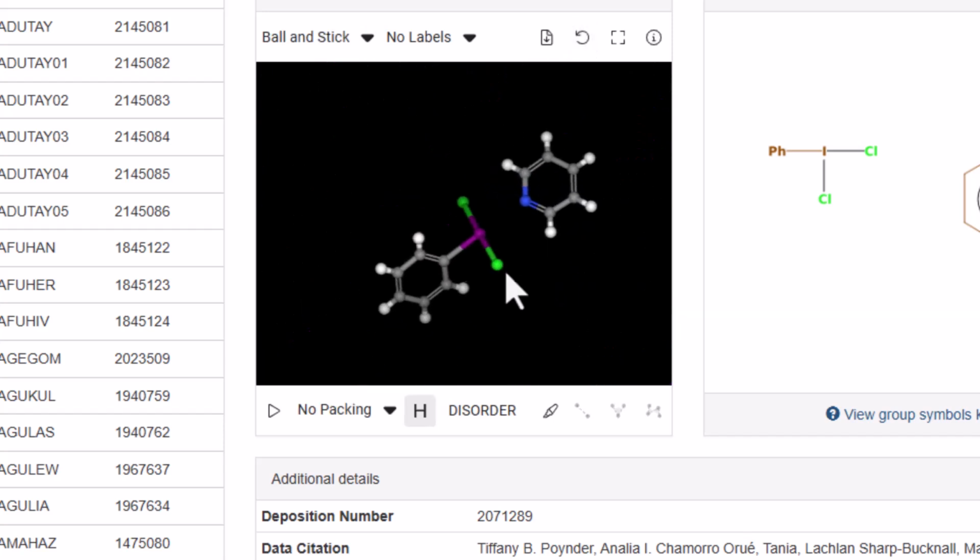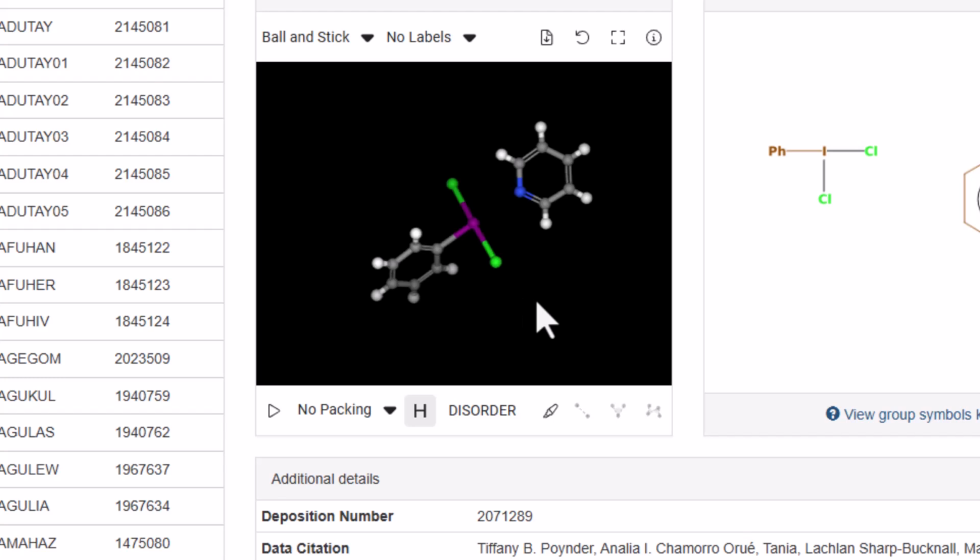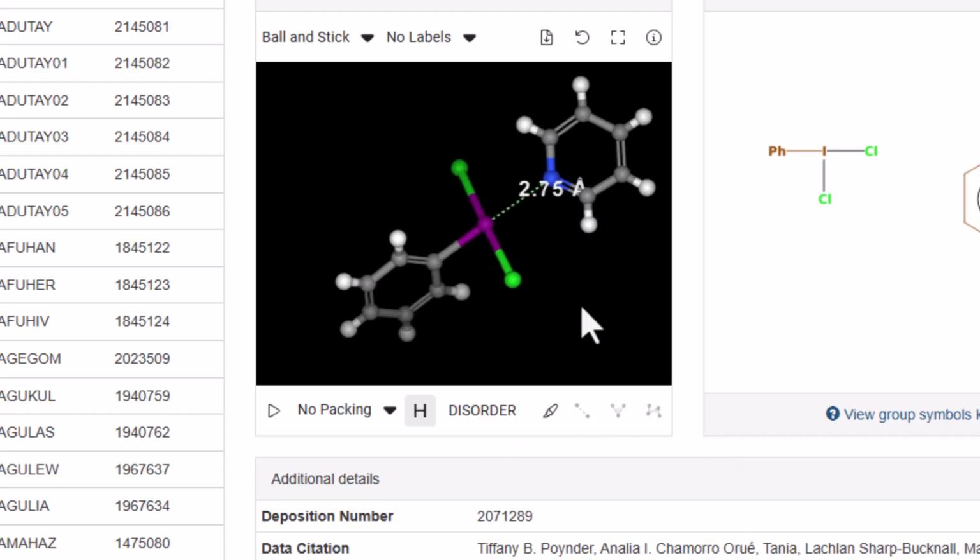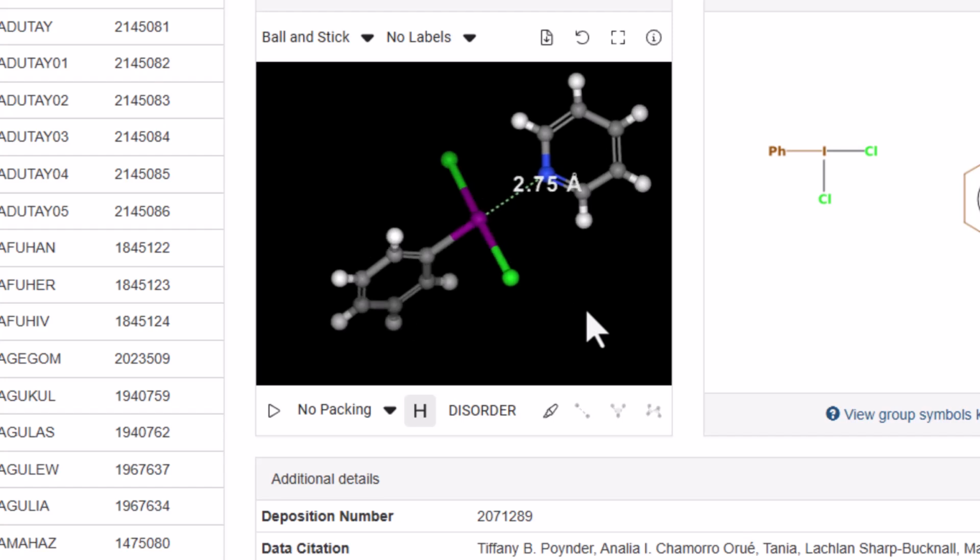Other things you might want to do are to measure distances, angles and torsions. So for example, we might want to see what the nitrogen to iodine distance is. If you click on a particular atom, it becomes highlighted in this translucent green sphere. If we do that to the iodine as well as nitrogen, then you can see that this distance measurement tool at the bottom right hand side becomes activated, and if you click on that it will report the value. You can see that it's below the 3.5 angstrom threshold that we set. Lastly, at the top of the visualizer we find a button to download a Mol2 file.